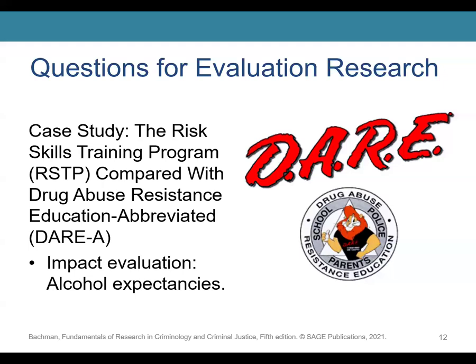So that leads us to the impact evaluation, alcohol expectancies. The dependent variables examined included positive and negative alcohol expectancies, the anticipated effects of drinking, as well as the perceptions of peer risk taking and actual alcohol consumption. They went back and looked at those who had taken the DARE program in third, fourth, fifth grade, and they come back to those who are in high school, and they ask pretty much the same topical questions